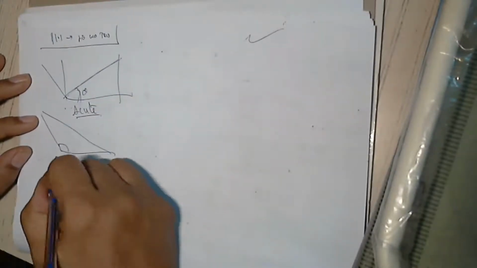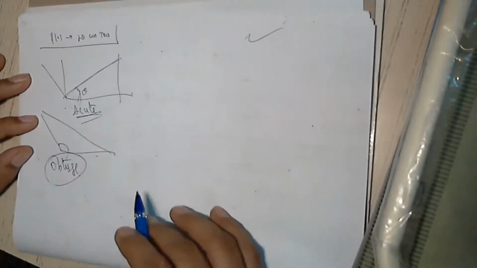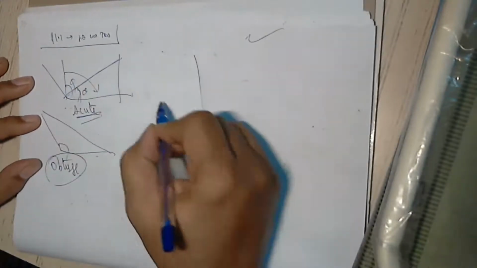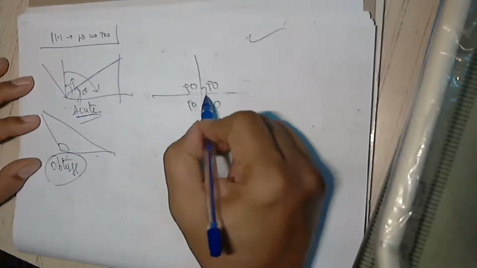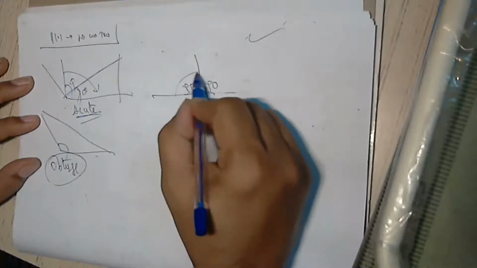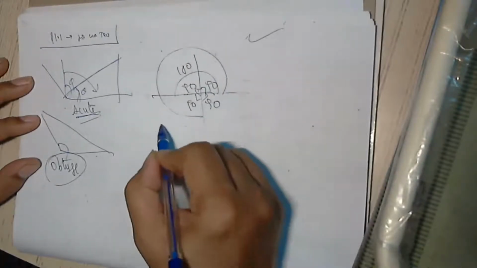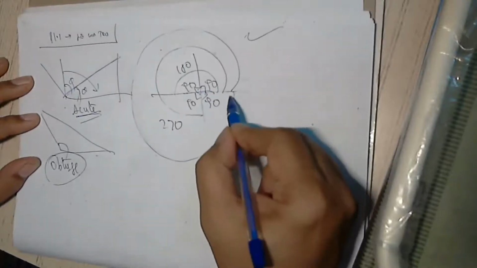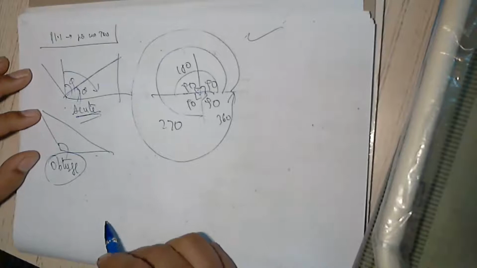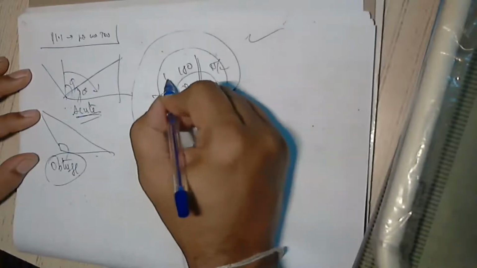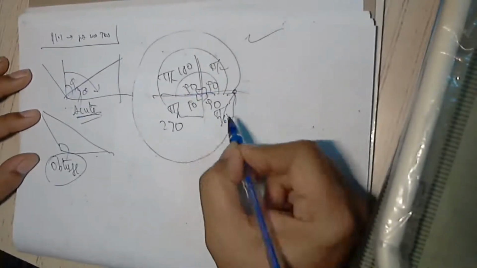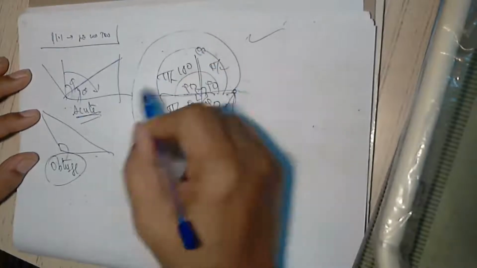So initially we will be studying acute angles. Obtuse angles come at a later stage in higher studies. So initially we are studying all angles less than 90 degrees. This is 90, and the perpendiculars are all 90. So this total is 180, this is 270, and this total is 360. For our convenience, we have divided the 2 pi radians into pi by 2, pi by 2, pi by 2, pi by 2 radians, each being 90 degrees.